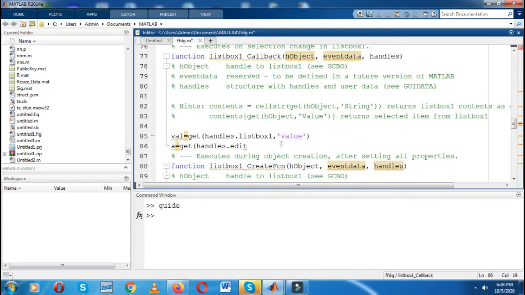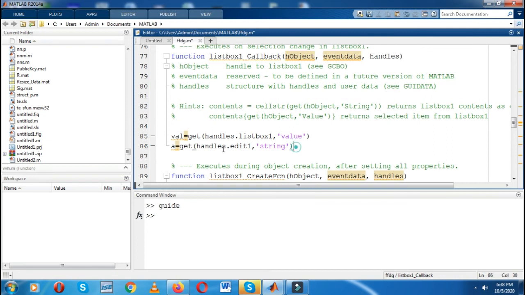So here I will write edit1, then single inverted comma, I will write string, complete, then bracket complete. Then I will write the same, just copy paste this particular line.